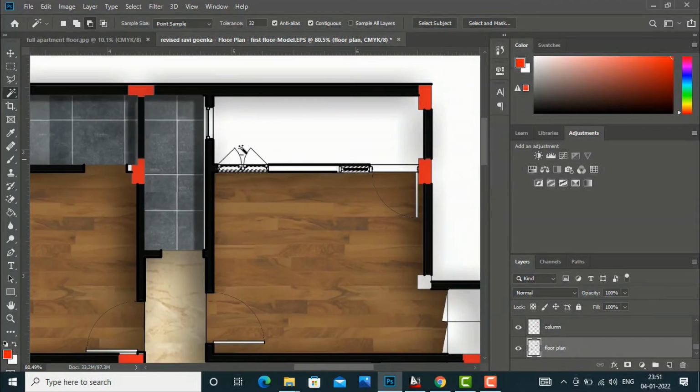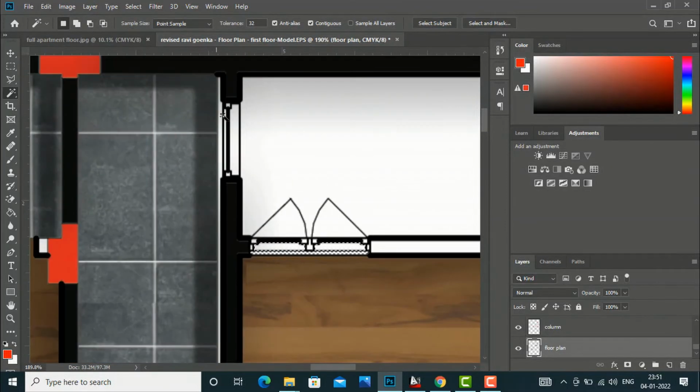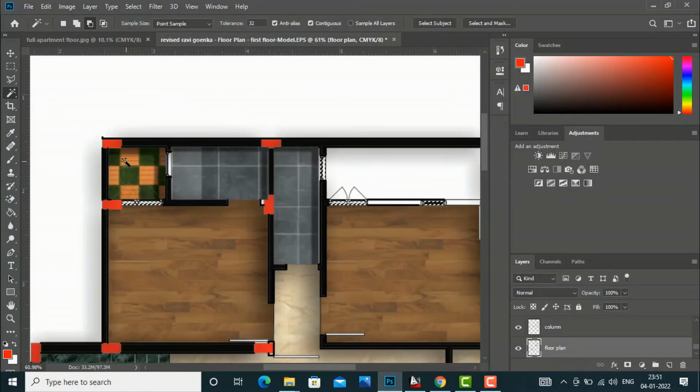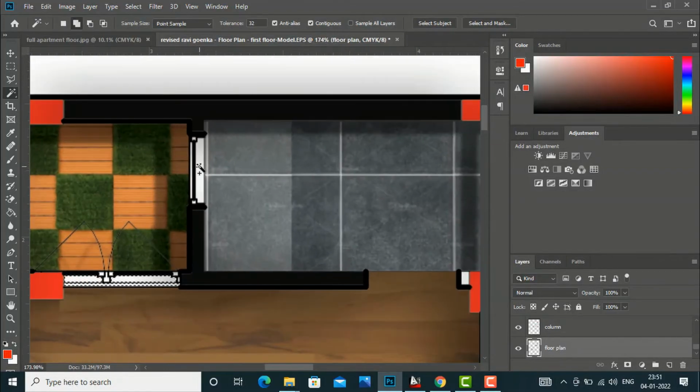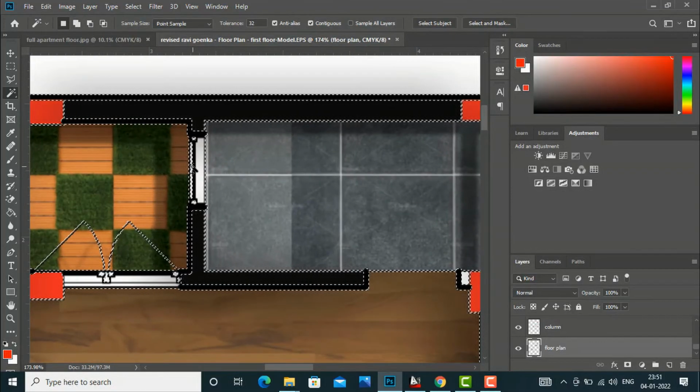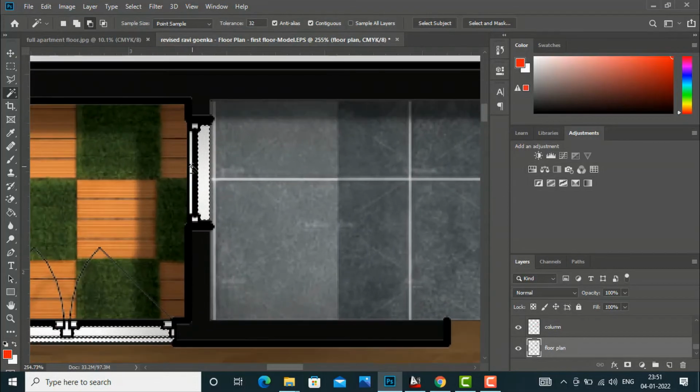So window is ready, and this toilet ventilation also will be the same color. Control Z, zoom,